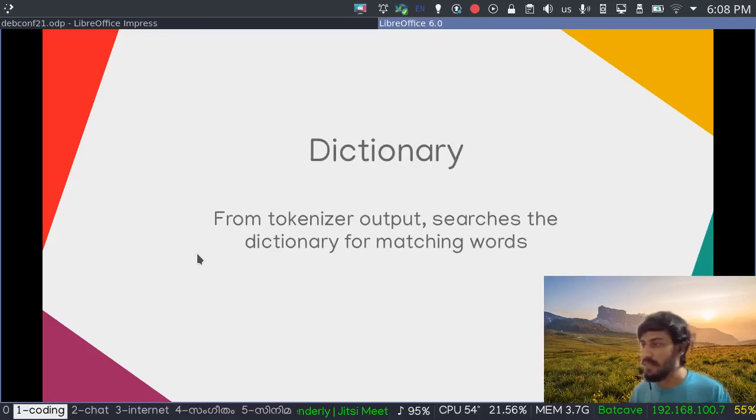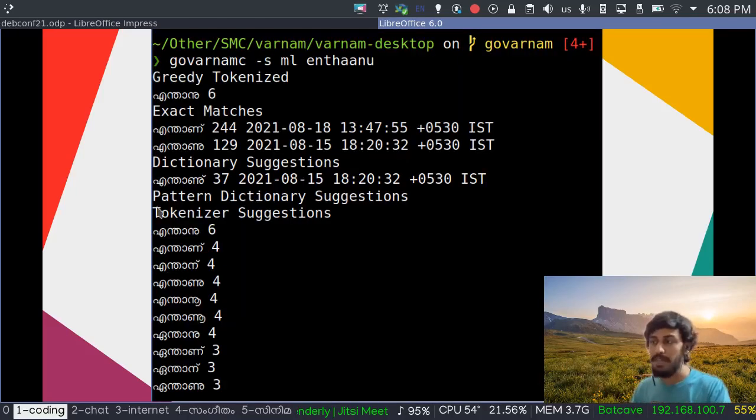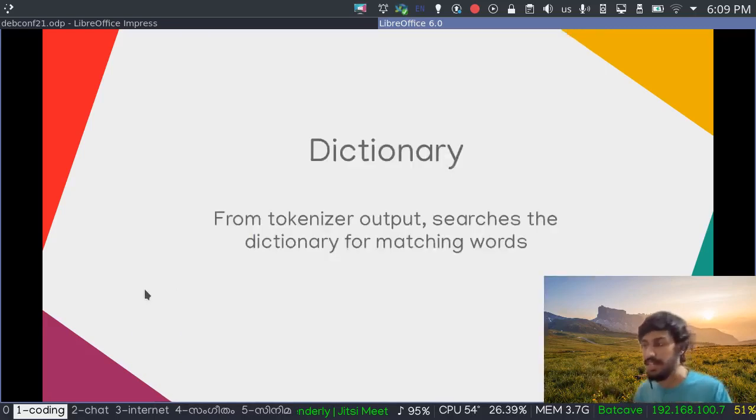Now, dictionary. From the tokenizer output, we will get many combinations, but it's not right to say that every one of them is correct, because some words are just blunders, so we can't really vouch for these words, whether they are right or not. So we have a dictionary right here. We have a dictionary of many words in it, and we will search that dictionary for the words, and we can find the words that have meaning, that are valid, and from that dictionary we will get dictionary suggestions.